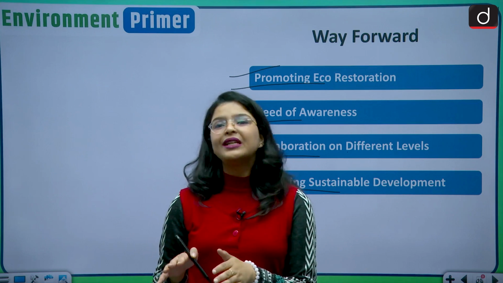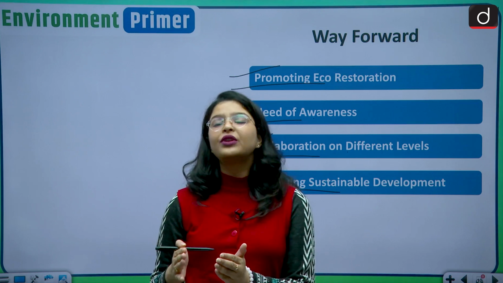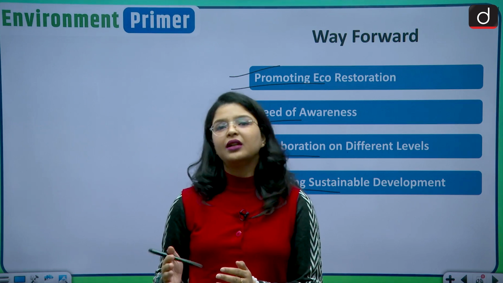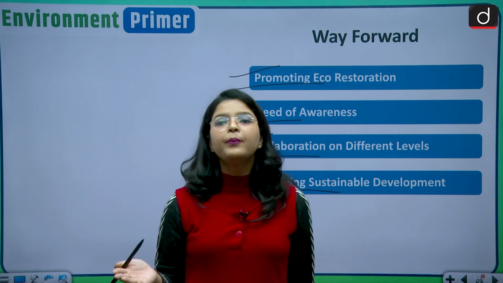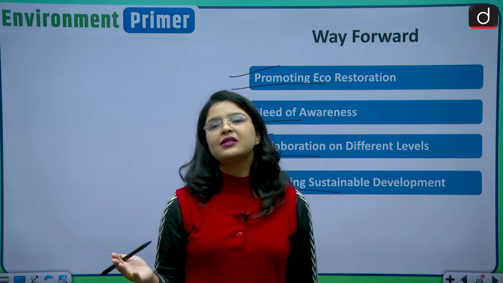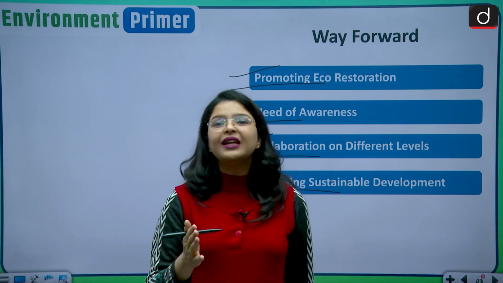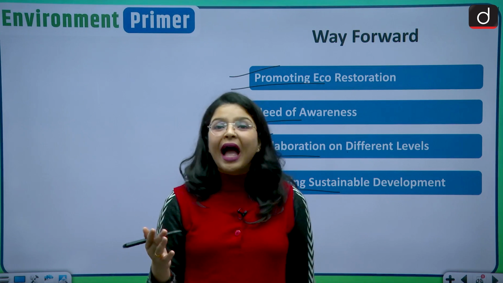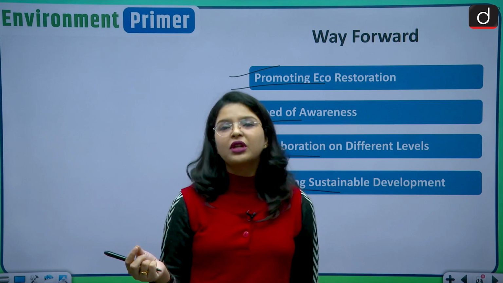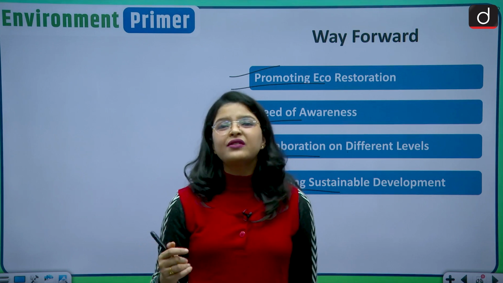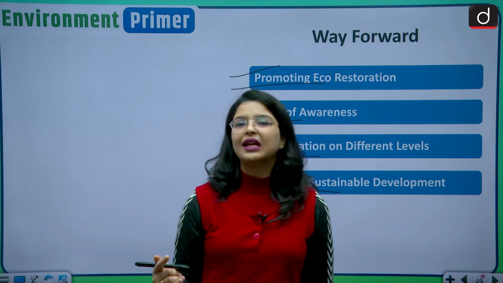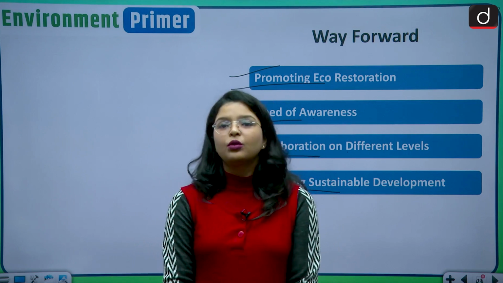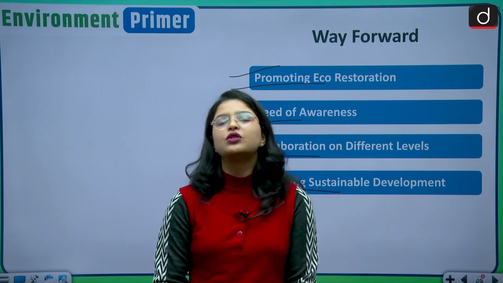For example, where there is really an eco-fragile zone or eco-fragile area, only that area should be protected instead of declaring an arbitrary area as an eco-sensitive zone. So protect the areas, create awareness, increase awareness about the same, have some other plans as well, such as afforestation, etc., and you need to have sustainable development around those areas. Okay, so this can be some of the way forward in you successfully implementing the eco-sensitive zones.